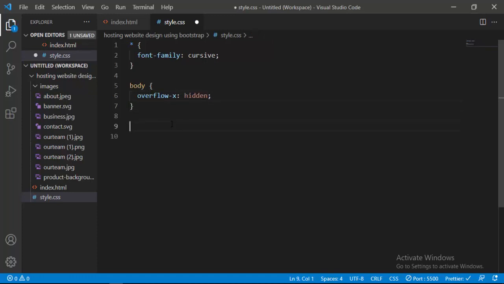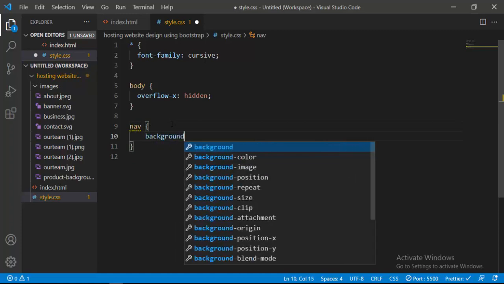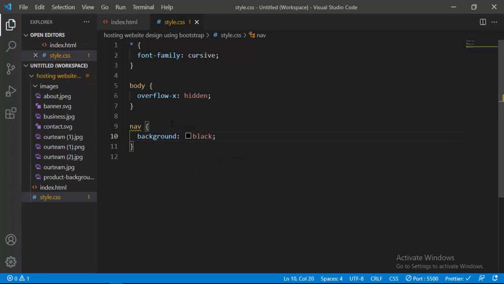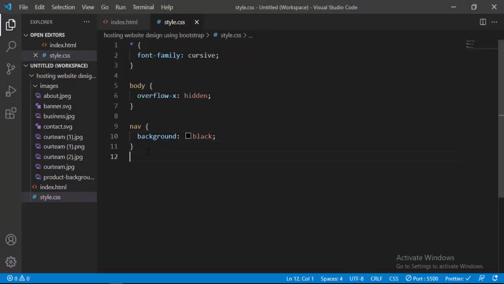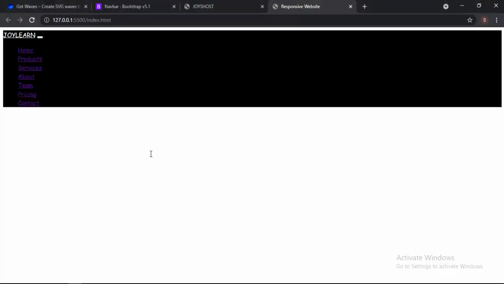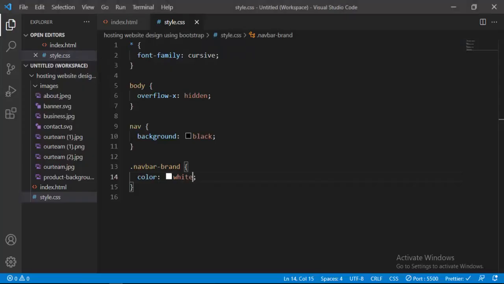And after that, I'm gonna select the navbar itself. So I just say nav is a tag, and here I'm gonna give it a background, and its background is black color. And yes, it's working. After that, we have to select the navbar-brand and set its color to a white color. Navbar-brand is where our logo lives, so I'm gonna set its color to white. And now you'll notice that it doesn't change to white color. You have to put !important here, because